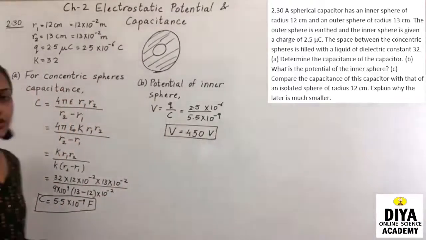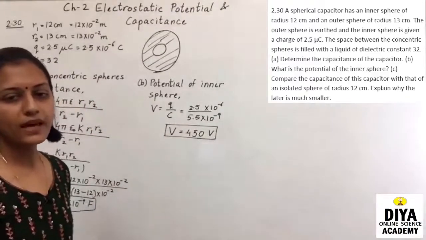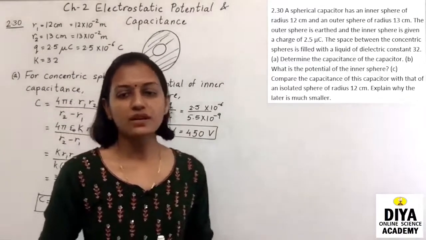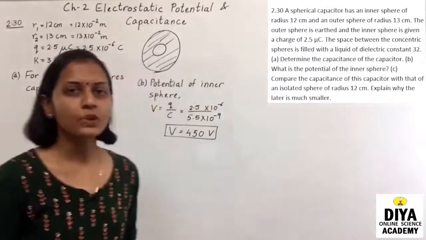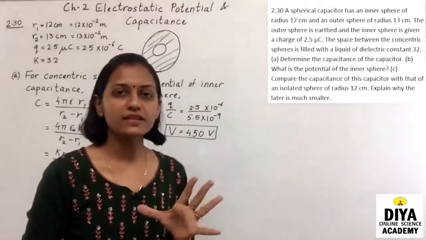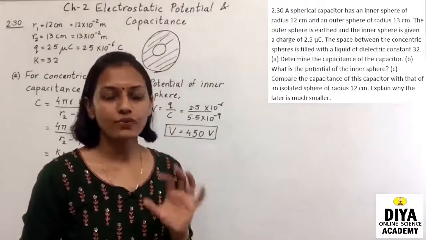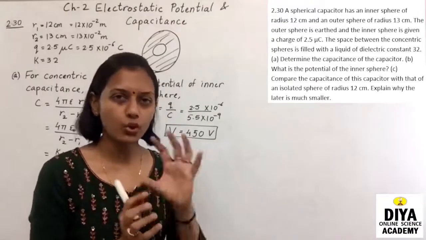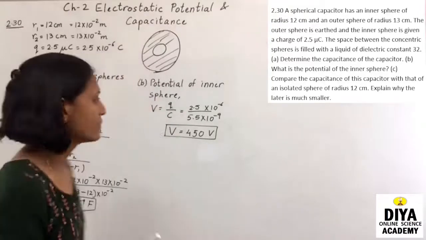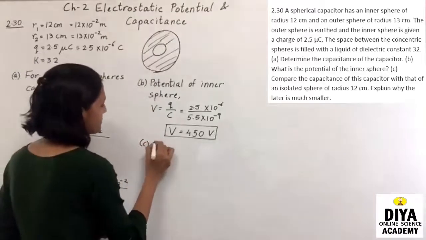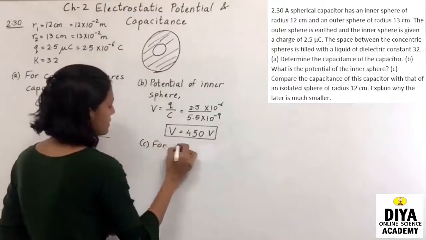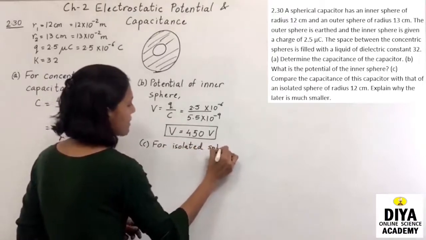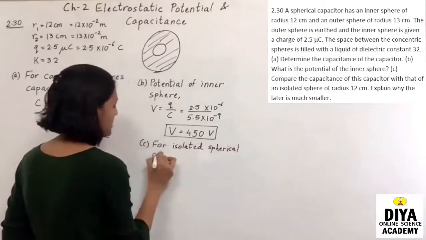Now the third question: compare the capacitance of this capacitor with that of an isolated sphere of radius 12 centimeter. Only one capacitor made up of only one sphere. So for that, it is not concentric. Two spheres are not making a capacitor, only one sphere is making it. For that, the formula for capacitance of an isolated spherical capacitor